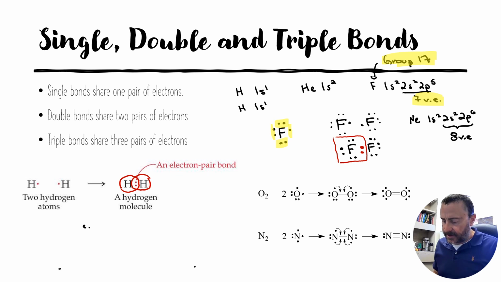So a double bond is actually sharing of 4 electrons. A single bond is sharing of 2. Okay, so an oxygen has 1, 2, 3, 4, 5, 6 valence electrons, because it's in group 16. And if I bring in another one,